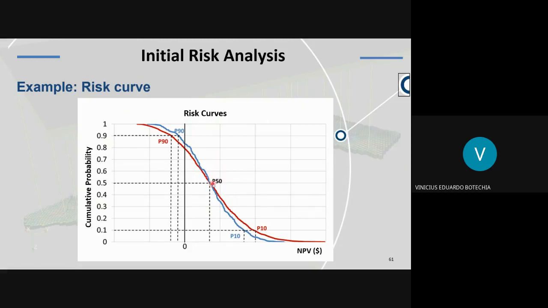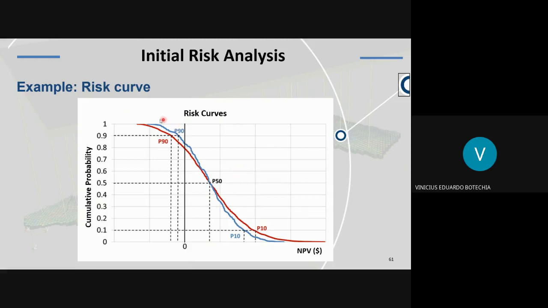P50, you have 50% probability of having values equal or higher than this one, right? So it's in general associated with probable estimates. And also we have the P10, which is the probability of 10% to have values equal or higher than this. So it's related to possible reserves in reserve estimations, and it's related to optimistic